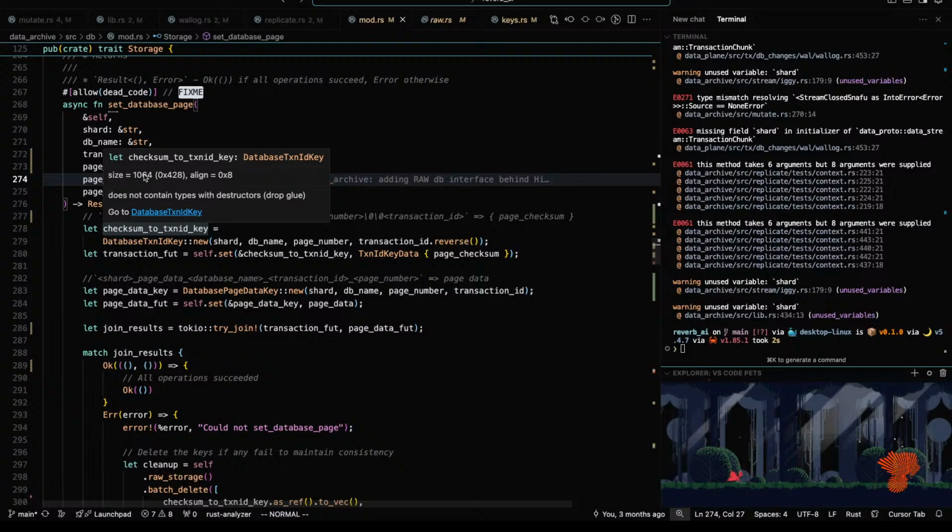I don't like that they are so large, but it was to avoid an allocation.